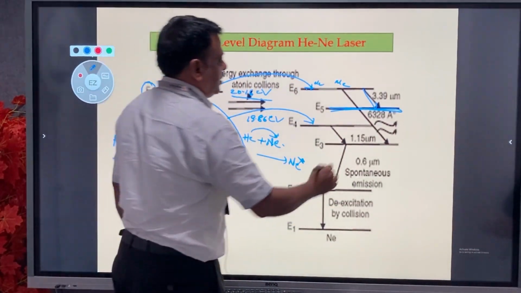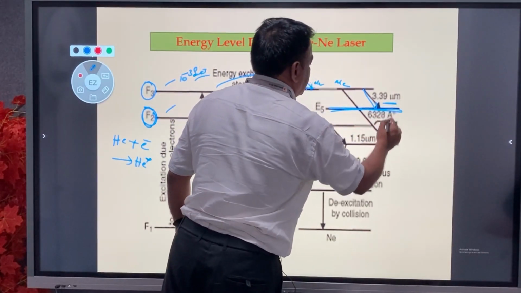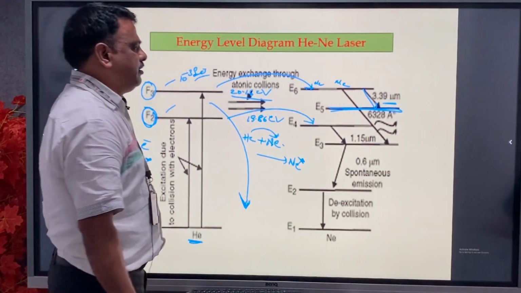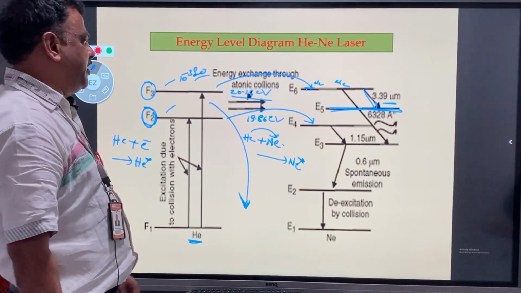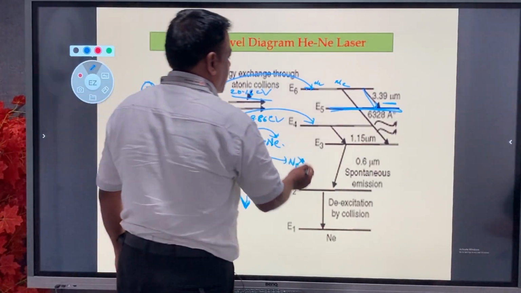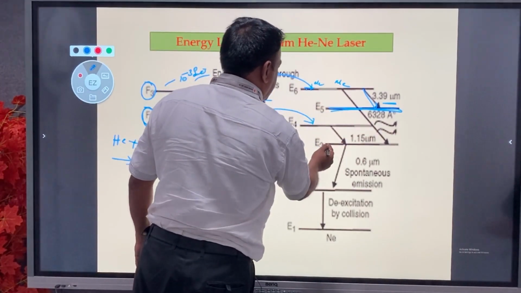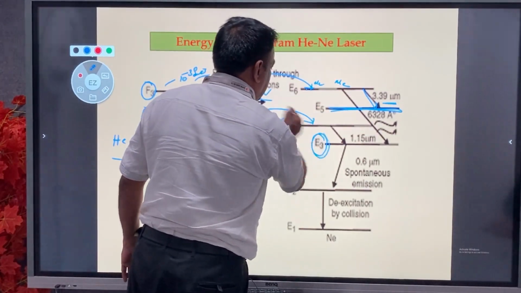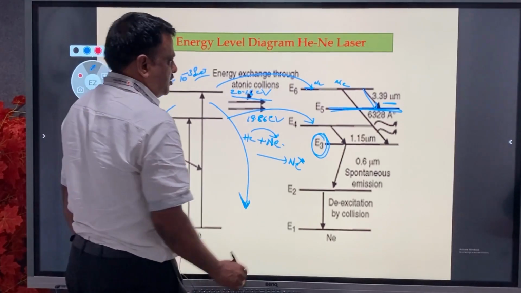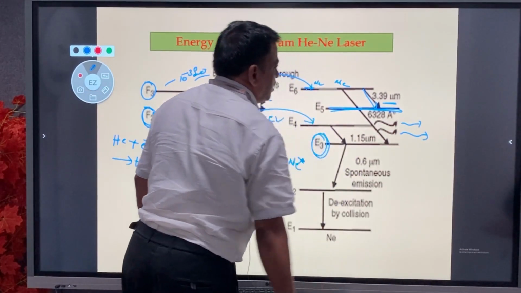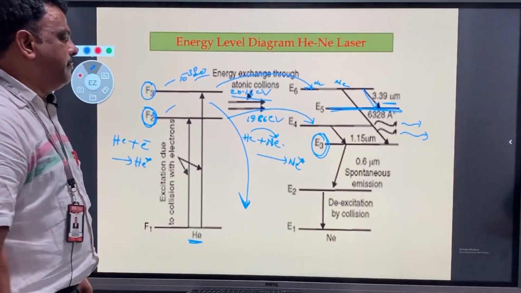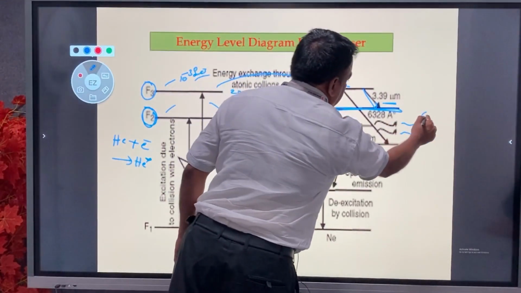The emission of light energy here is 3.39 micrometers. It is not useful, as it is in the infrared region. Some of the neon atoms rise to the E3 level. This is the important transition. It emits the 6328 angstrom laser output beam. It will be emitted. The wavelength of the laser output is